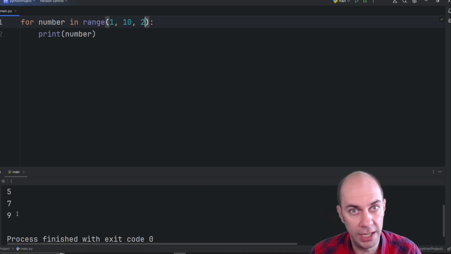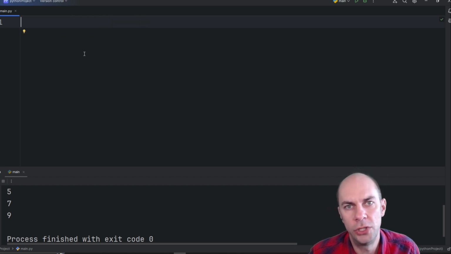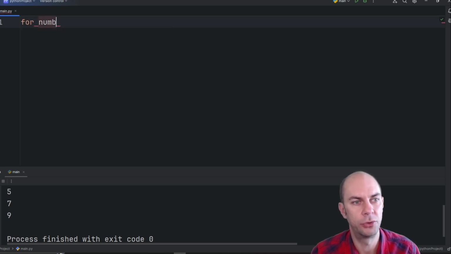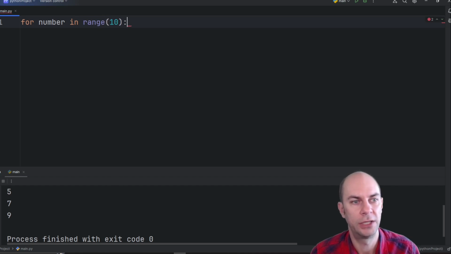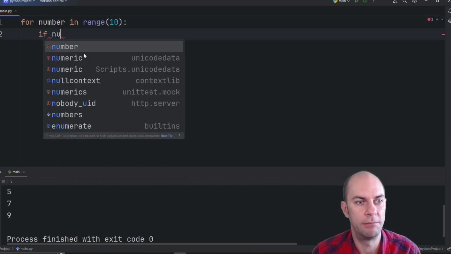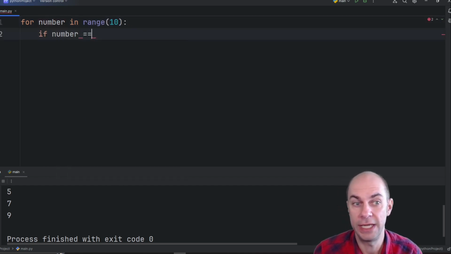Add 2 to 9, we get 11. Well, that's, of course, outside of our range. When we are using loops, sometimes we want to exit the loop prematurely or break out of the loop. So if I go for a number in a range 10, I could say if the number is equal, and